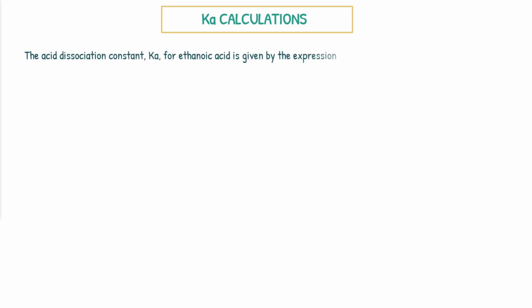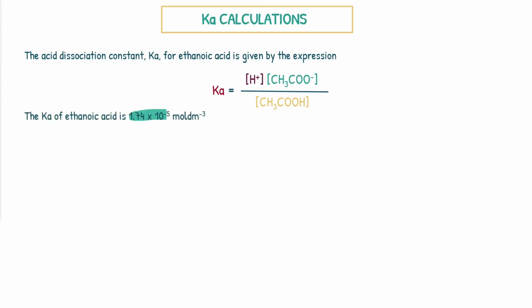So with that out of the way then, let's move on to our cheeky Ka calculation question. So this is from a past paper and I've reworded it slightly to avoid copyright, good old AQA, but the acid dissociation constant Ka for ethanoic acid is given by this expression. You're probably sick to death of ethanoic acid by now, but it's the most common one you're going to see, okay? So the Ka of ethanoic acid is 1.74 times 10 to the minus 5 moles per decimeter cubed,